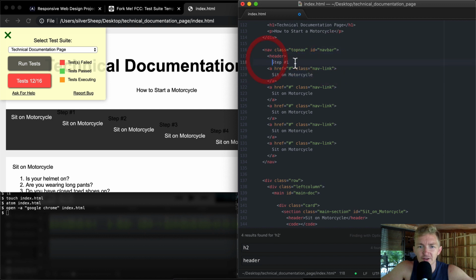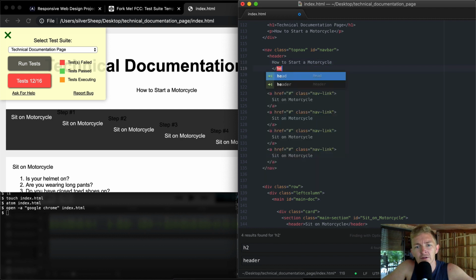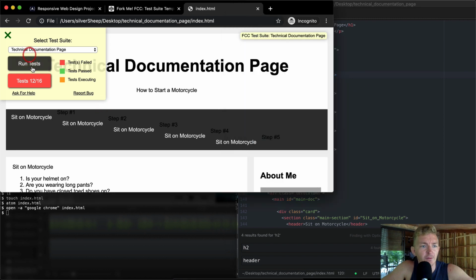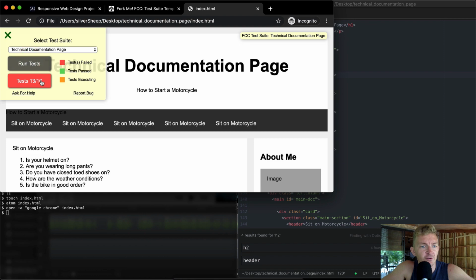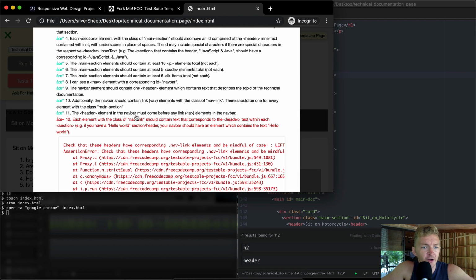But I do want to say in here how to start a motorcycle. And if I save this, let's see what happens. So right now we're passing 12, refresh, run the tests, 13, nice. So our header element